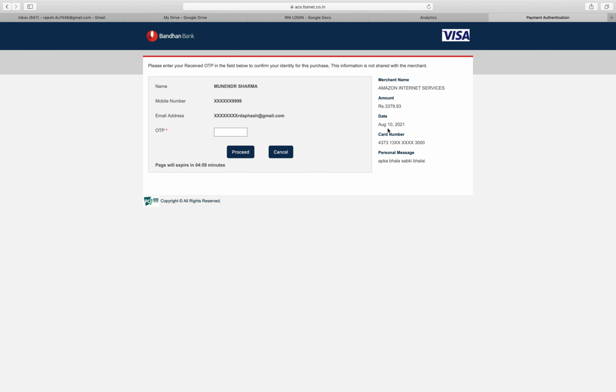AWS will redirect you to the payment gateway page. From here you need to add the OTP, and once you add the OTP and click on process, it will deduct your payment.